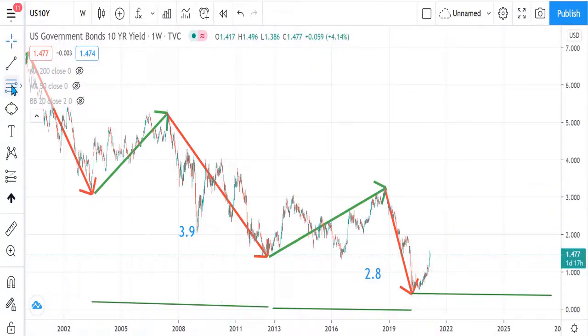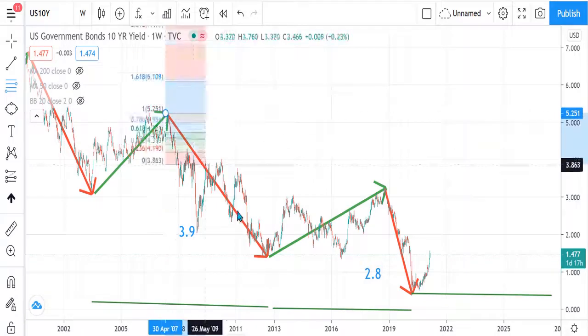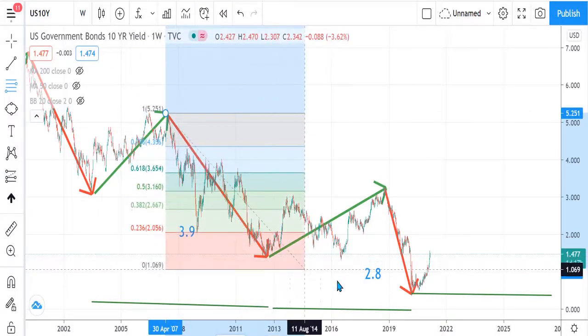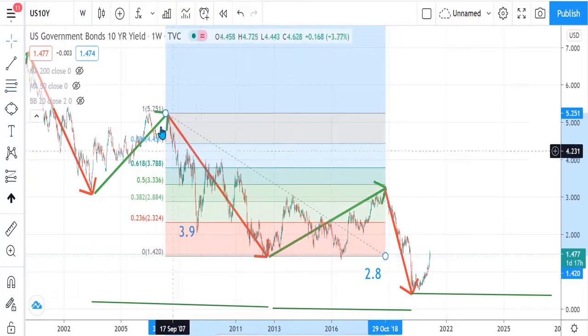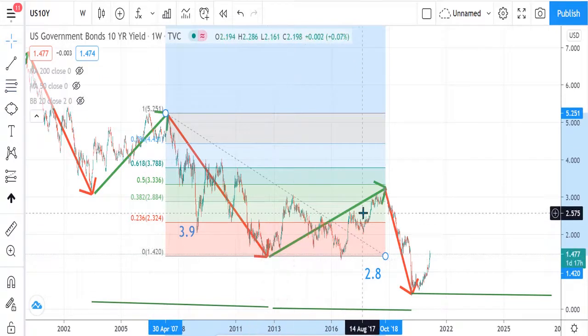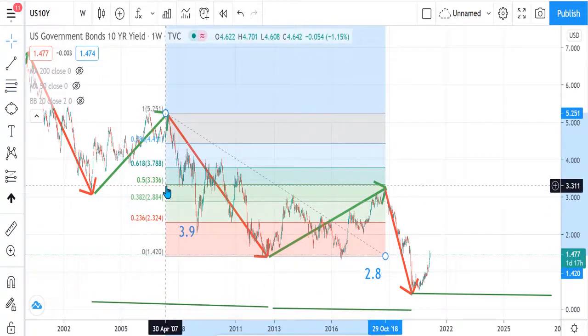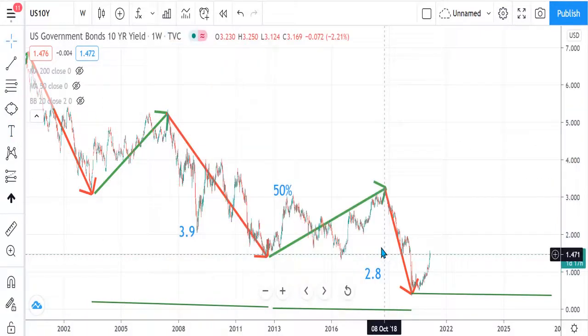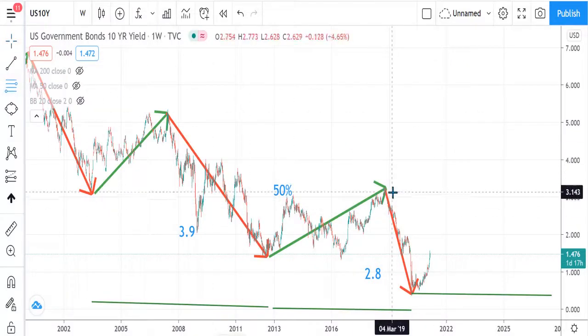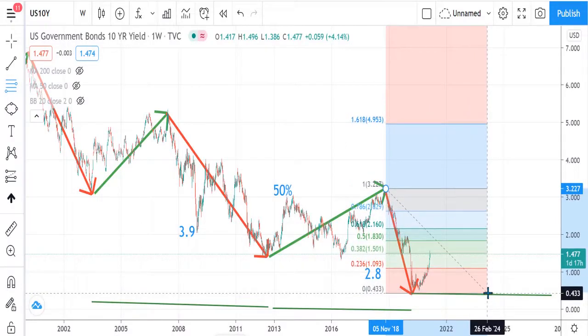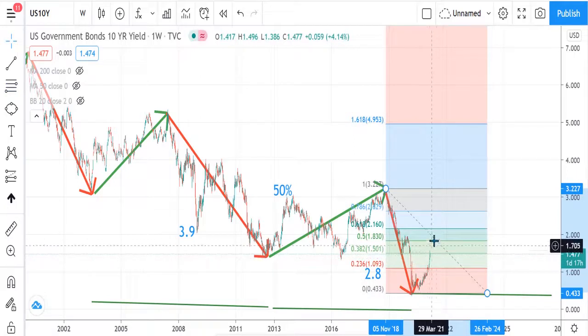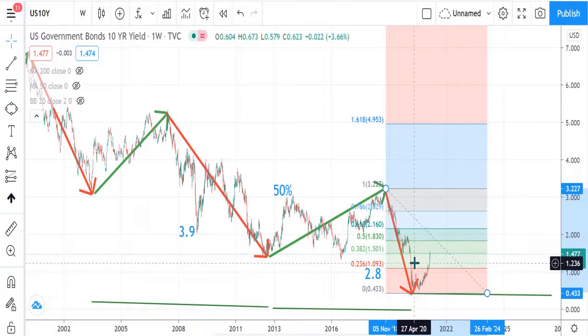For that we need to take the Fibonacci retracement tool, which is this. We'll try to analyze the first cycle. During the first cycle, it went all the way down here, and we will see how much it retraced. It went all the way down to here, then it went up, so it retraced slightly, about 50%. So the retracement was about 50%. Then we will take the second round. The second round is from this top to the bottom here, and it's still in the phase of moving up. So we can't conclude where it is going to move, or until which point it is going to move.